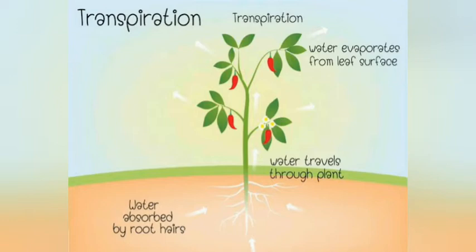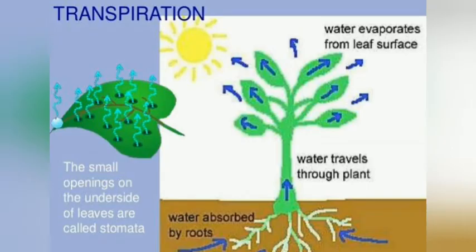Plants absorb water and minerals from the soil. This is a continuous process. The water is transported through the stem to leaves and other parts. The excess water escapes in the form of water vapor through stomata present on the underside of the leaves. The loss of water from the plant through stomata on the leaves in the form of water vapor is called transpiration. Now let us learn how transpiration helps the plant.